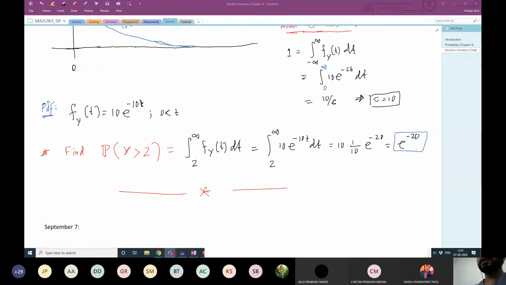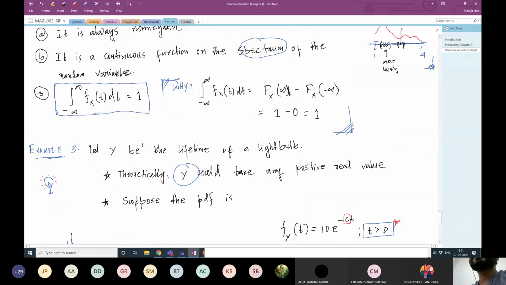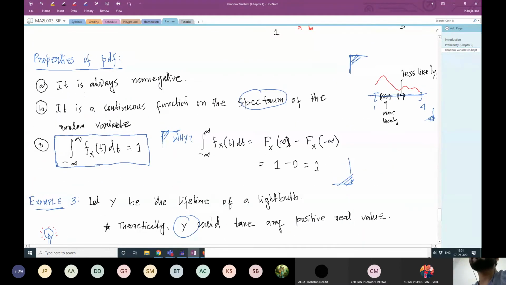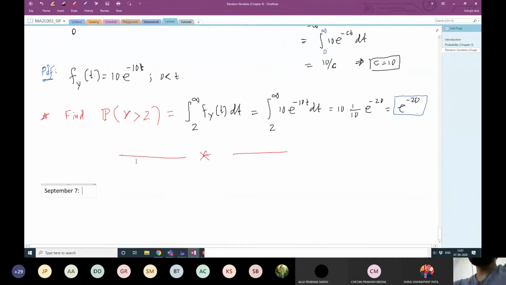Okay, so last time we started talking about probability density functions. Today we will give a few more examples of probability density functions. From the last lecture, we know that any function which satisfies these three properties, so it's always non-negative, continuous, and its integration is equal to 1, could be treated as a probability density function. Some of the widely used probability density functions are